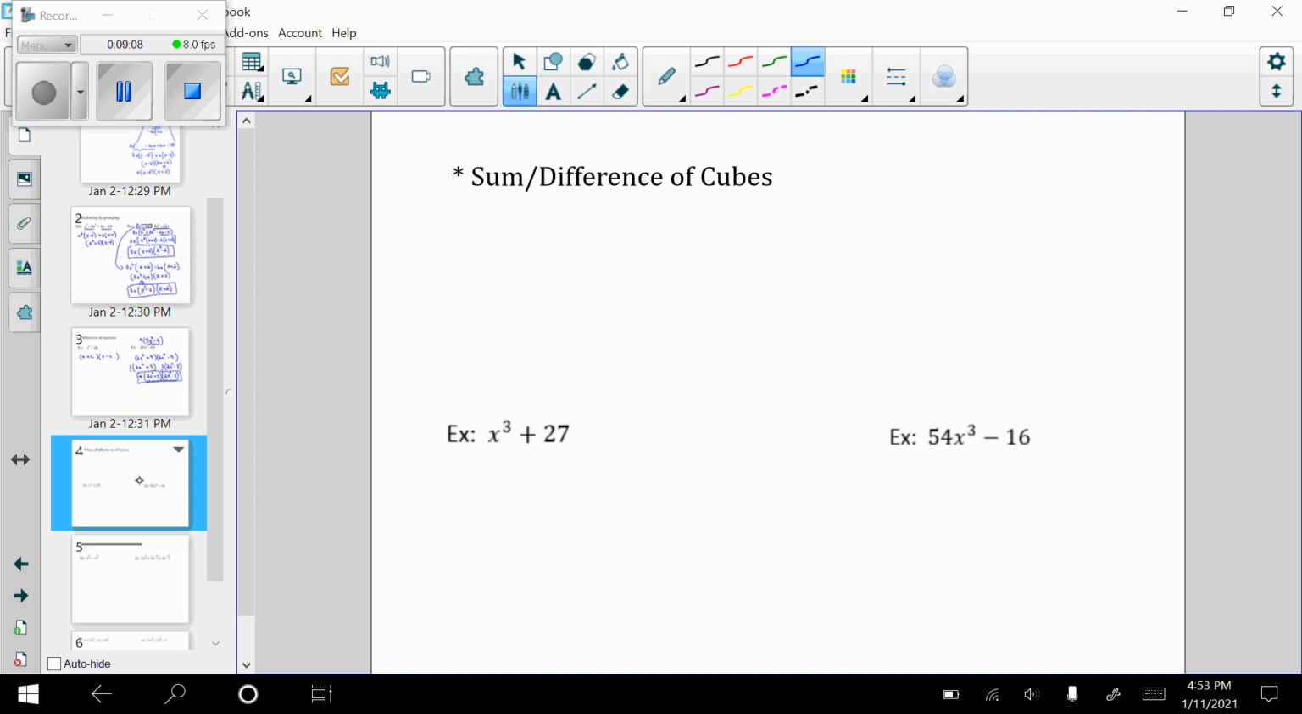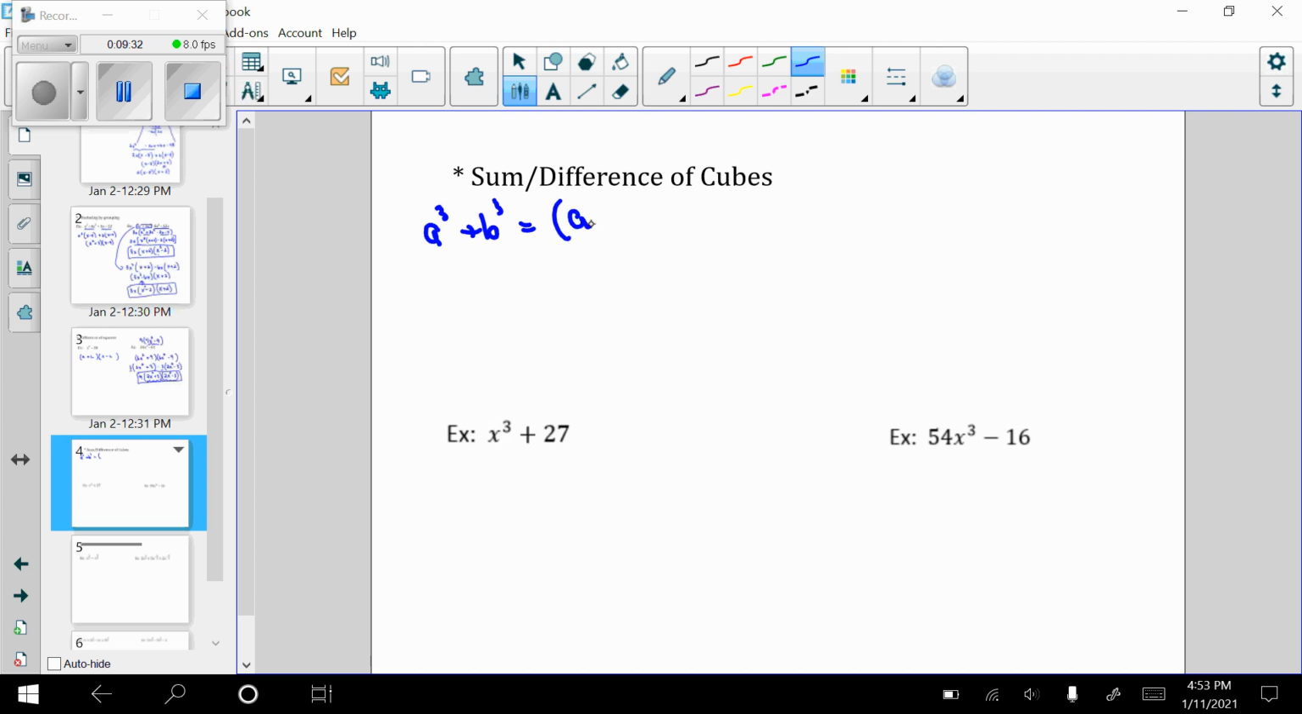All right, so sum and difference of cubes is probably something that, if you took college algebra, you probably saw it, and then in Algebra 2, you just see it briefly. So this is where you're adding or subtracting two numbers that are perfect cubes. So basically it's a pattern. So if I have a cubed plus b cubed,